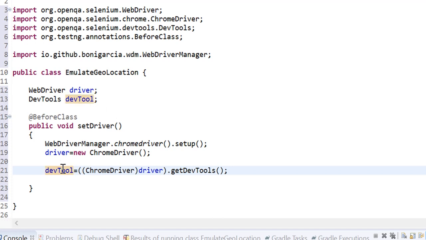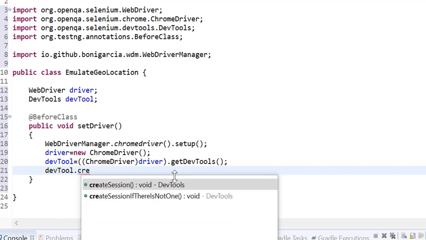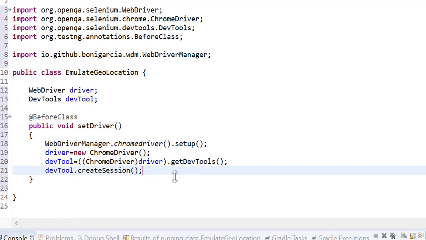You can see now it is assigned here. Now let me create a session, devTool.createSession. So now this part is ready.